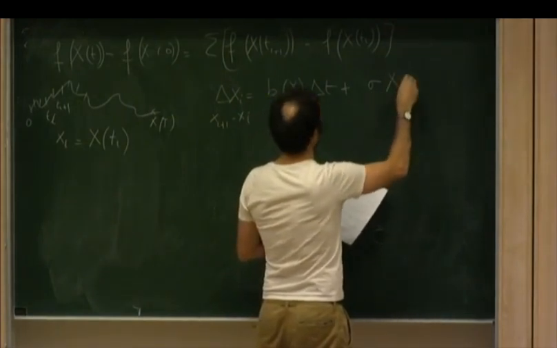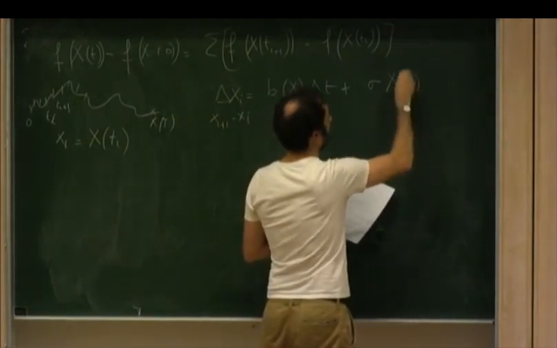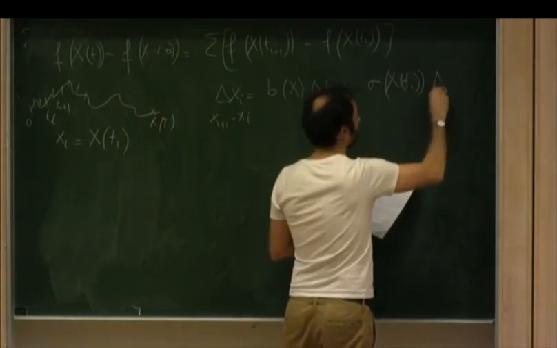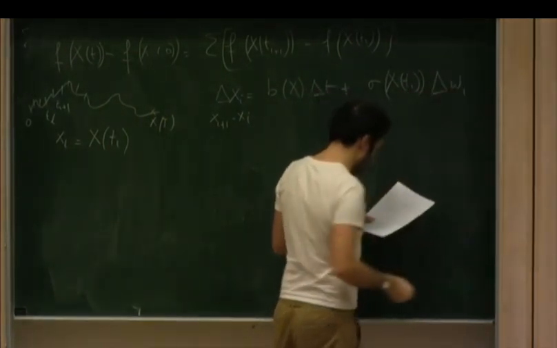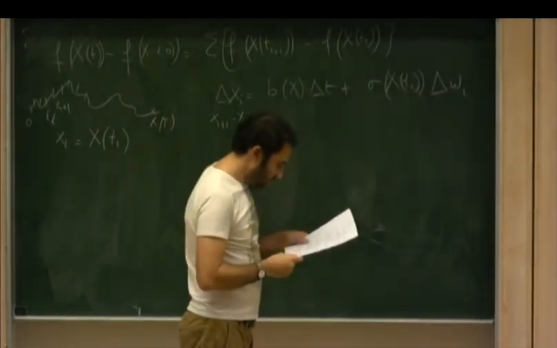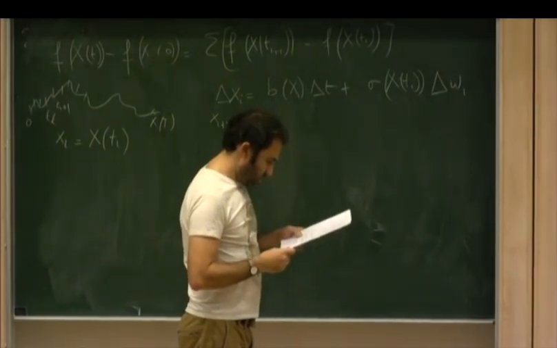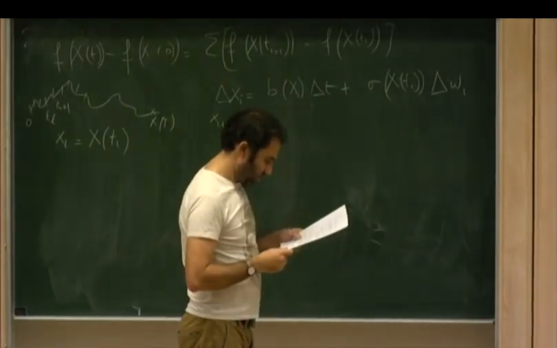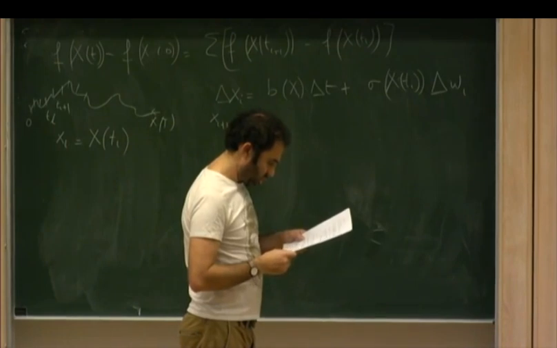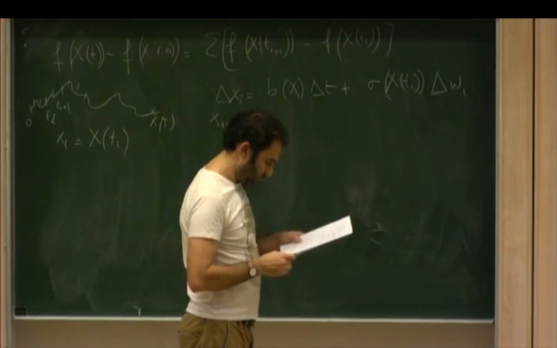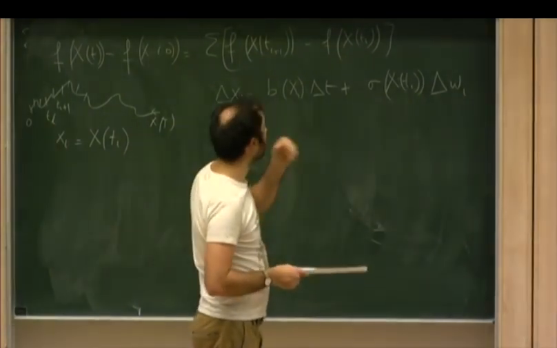Sigma of x at position ti, and now this is d omega I. So it's a little bit more complicated than this. Okay, so